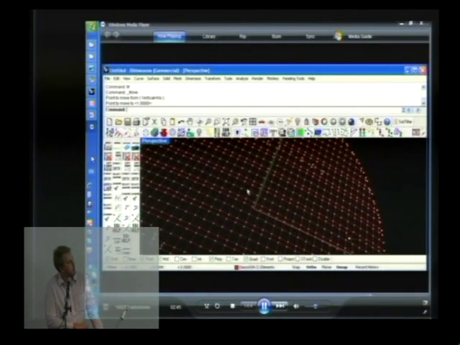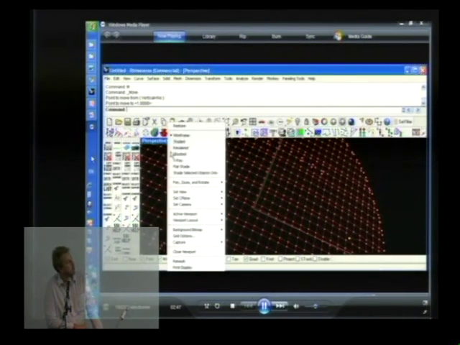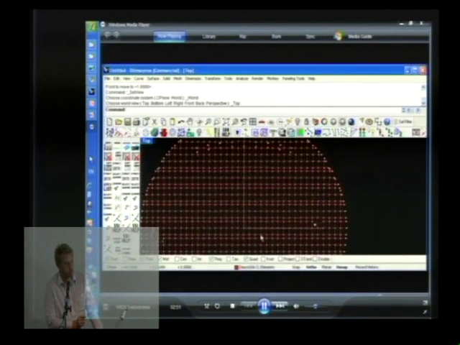Again, it's parametric in that effectively the nodes or the points are control points for the structure, and it has the intelligence to know that these particular cables or beams, etc., are connected to that point. So if that point moves, it knows to redraw the beams or the cables that are connected.